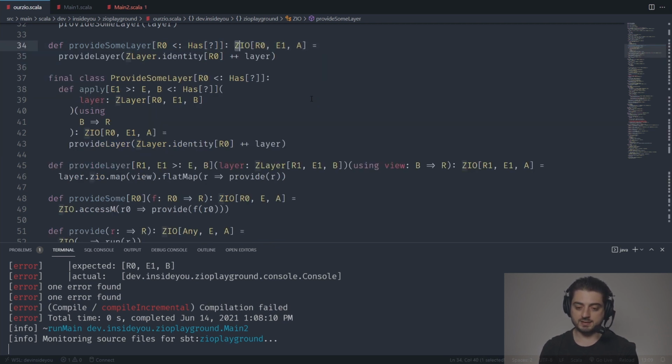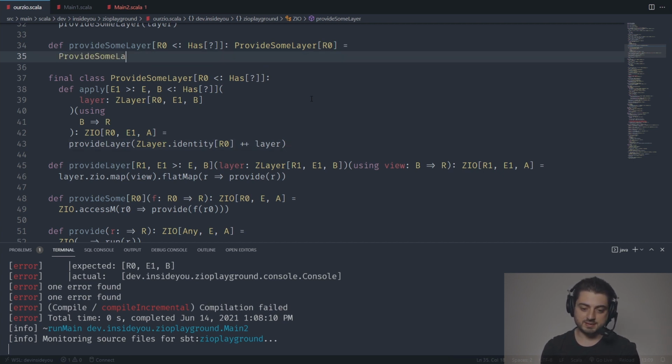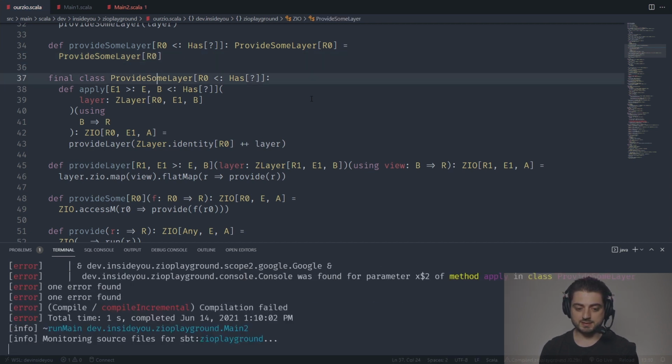So this whole thing is not going to produce a ZIO. It's going to produce a provide some layer of R0. And the implementation is going to be new. We don't need to specify new. We're just going to do provide some layer of R0, like this. Okay, so this is going to be provide some layer, and we're going to do the same trick